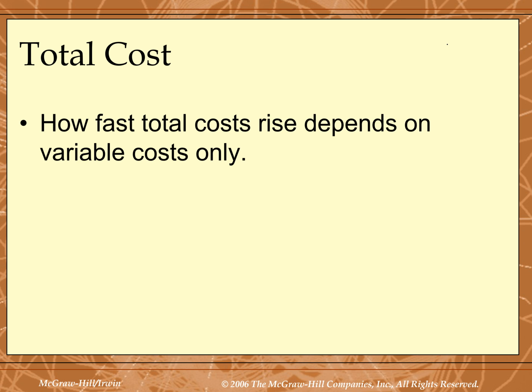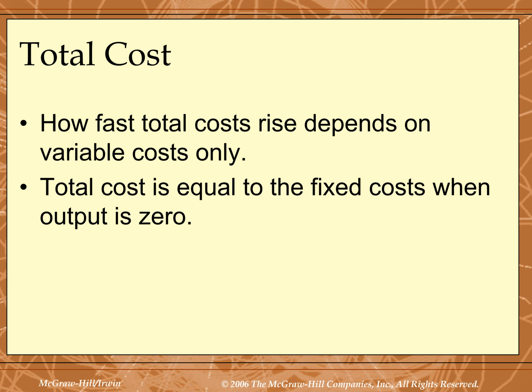So the change in total cost depends upon, of course, variable costs. And this is key. The total cost at an output rate of 0 is equal to your fixed cost. That makes sense because your variable cost when output Q is